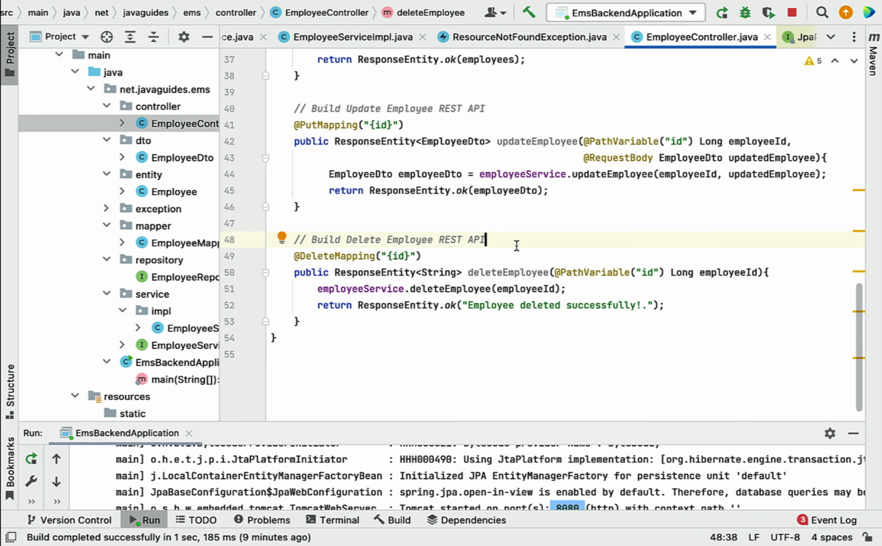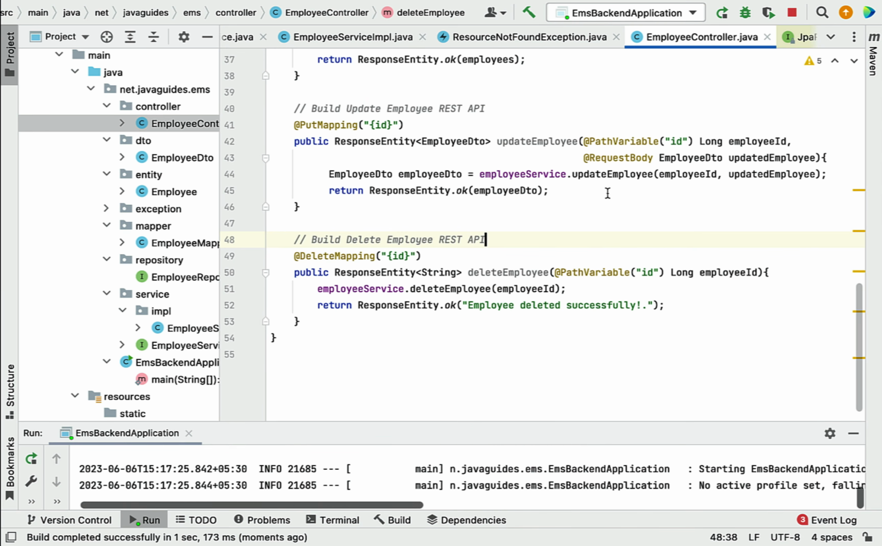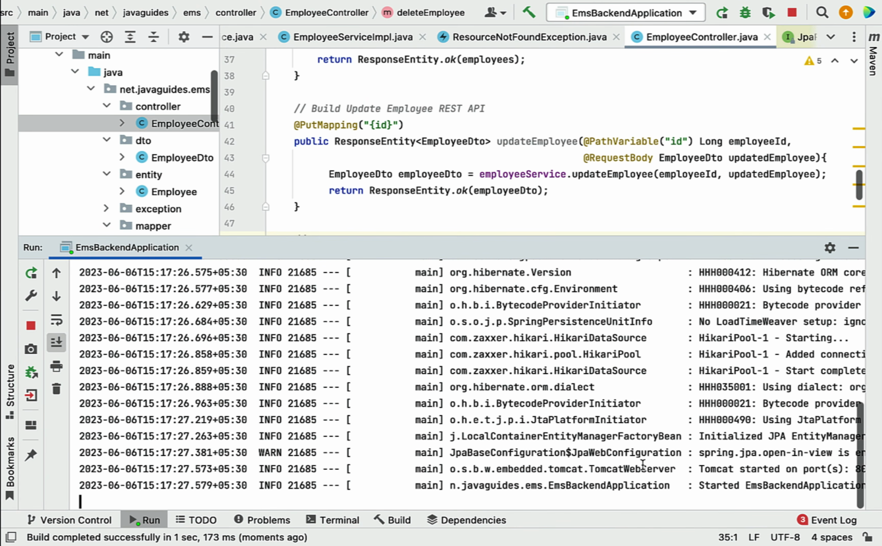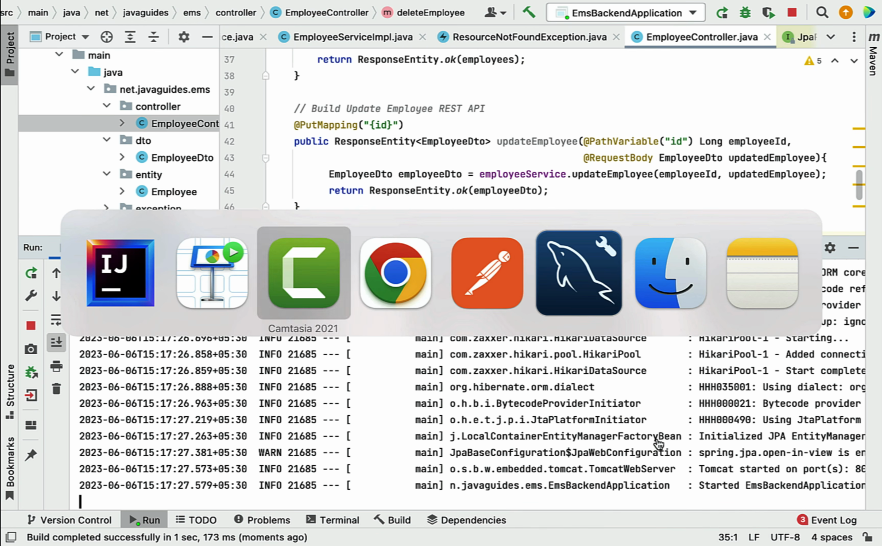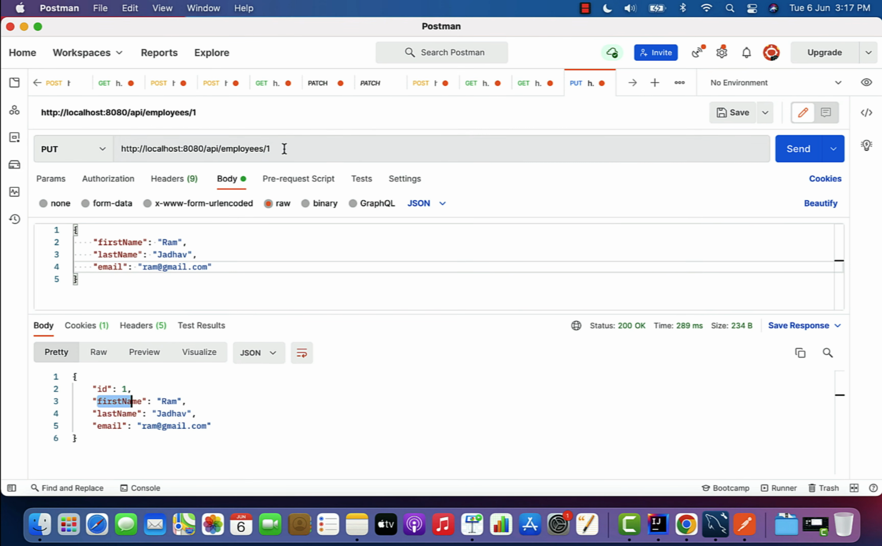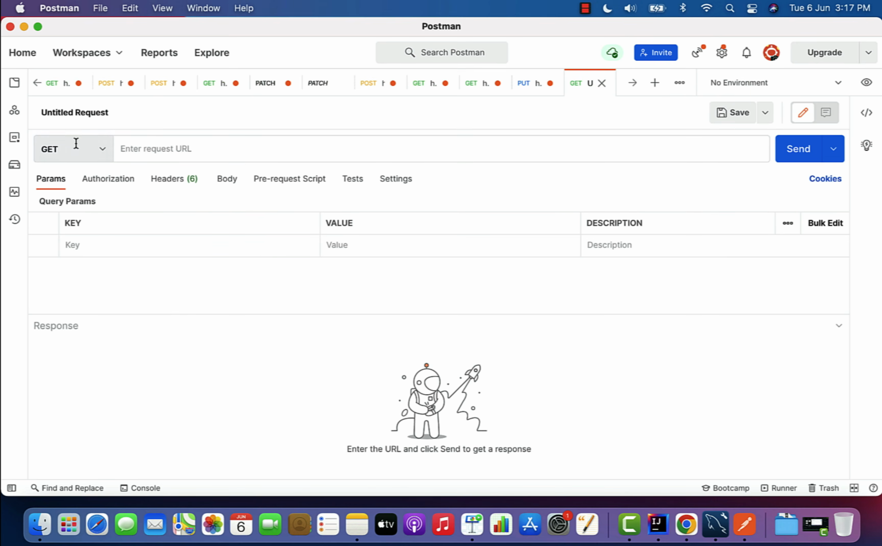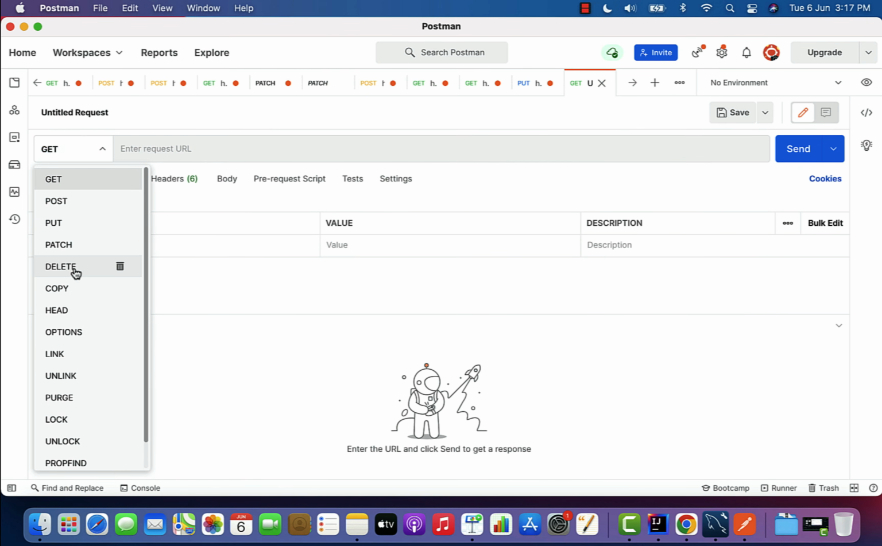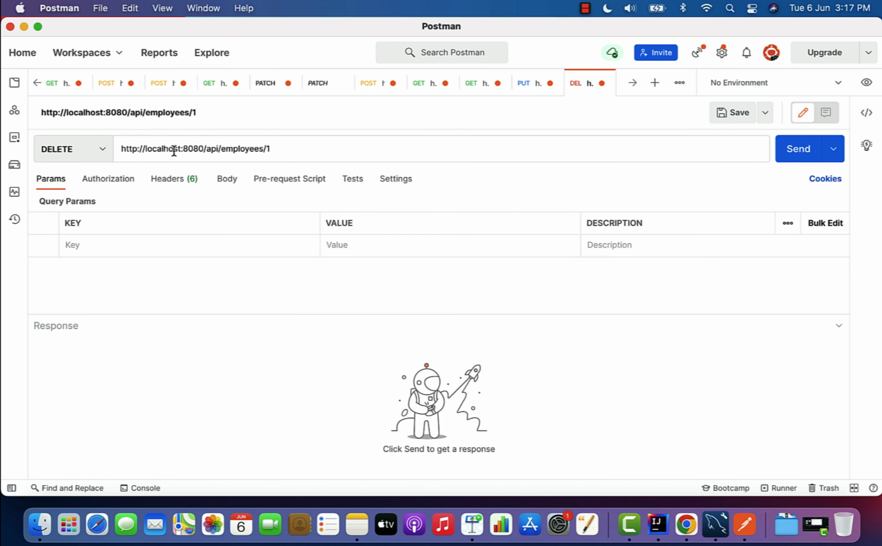Next, let us rerun our Spring Boot application and let us test this REST API using the Postman client. So from here, I want to stop and rerun the Spring Boot application. Well, our Spring Boot application is up and running. Next, let's go to the Postman client over here, and let me copy this link and create a new request, and here let us choose the HTTP DELETE method